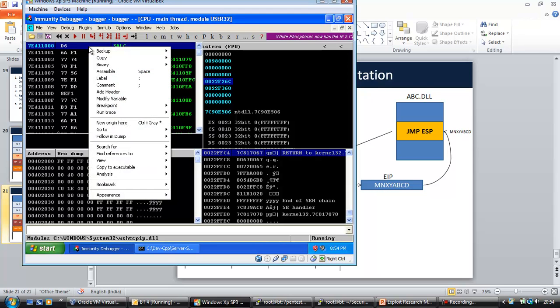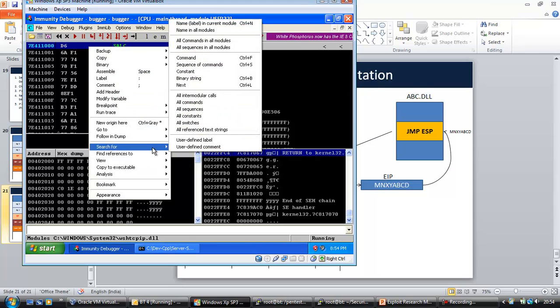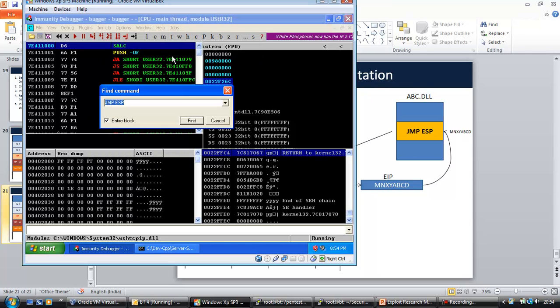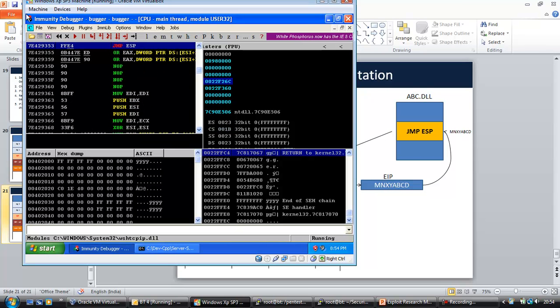Then we can right click and say search for command, and in that we can type in jump ESP. Right, so this is the command we need, and what we want to find out is a memory location which does not have a 0 in it as part of the address, but which will execute the command jump ESP. So let's click on find, and you notice we found an instruction located at memory location